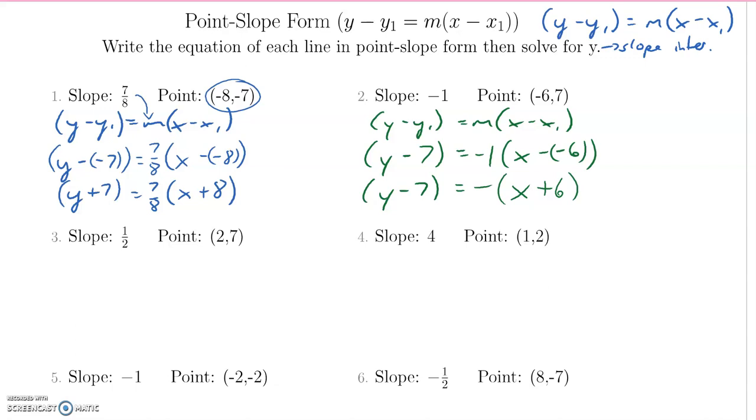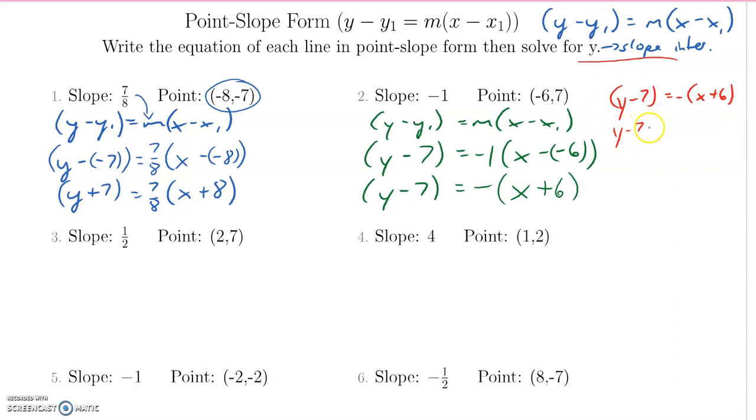So now if I did convert this one into the slope-intercept form, if I did solve for y, I can do that. I'm just going to do it over on the side here. I've got the y minus 7. I'm just going to rewrite it over here, equals -x plus 6. Okay, well I can drop the brackets over here.